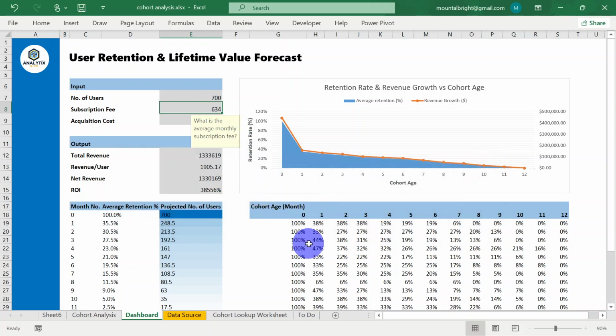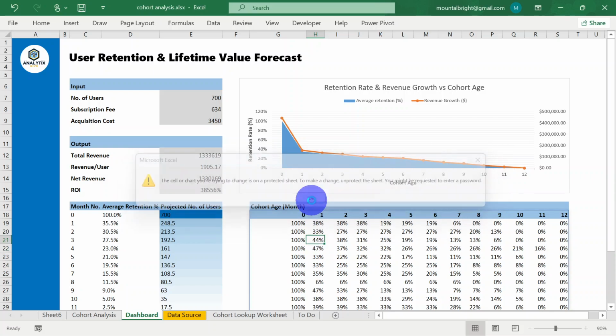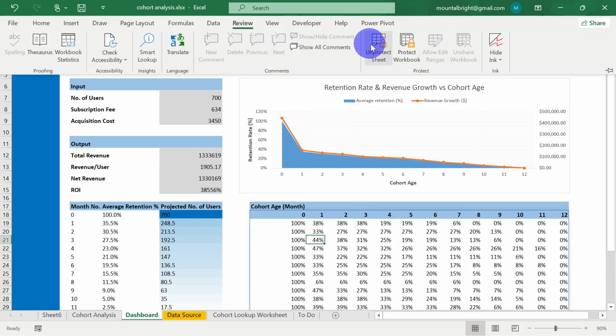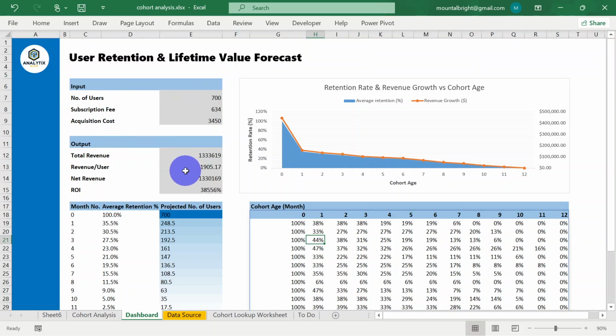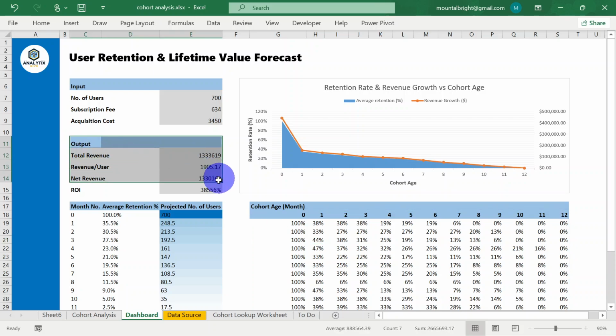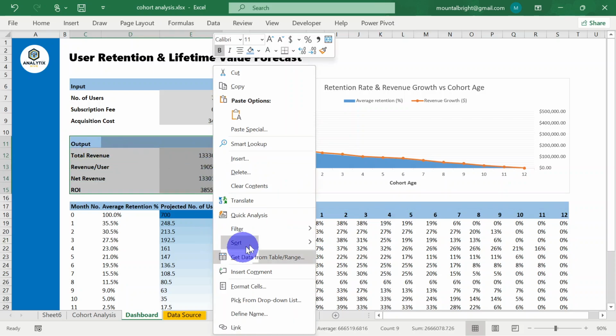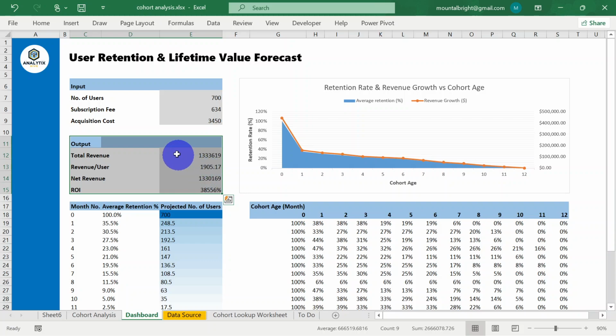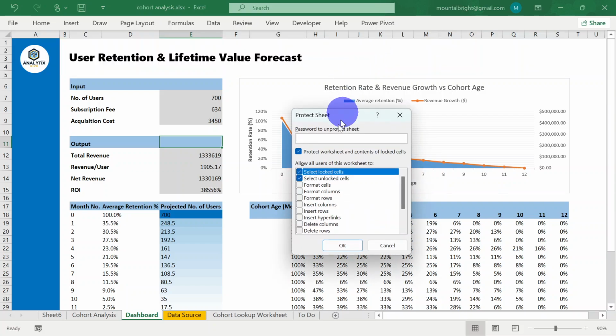So the best thing to do, this means it locked everything. So we would have to redo that. Review. Okay, let's unprotect it. And then let's confirm that the formatting that we applied is still intact. Okay, it's still there. So now let's go back to review, protect sheet. Let's uncheck. Okay,